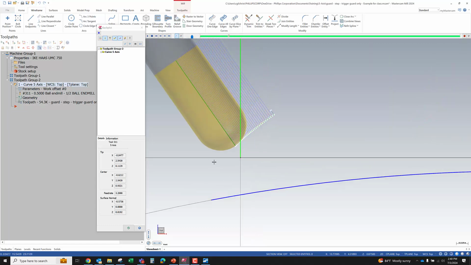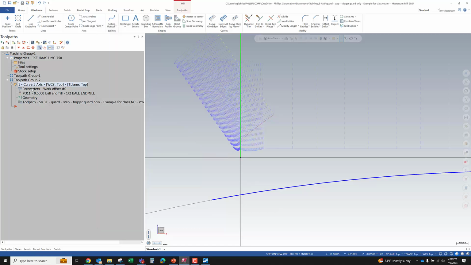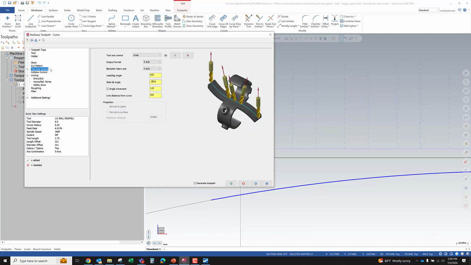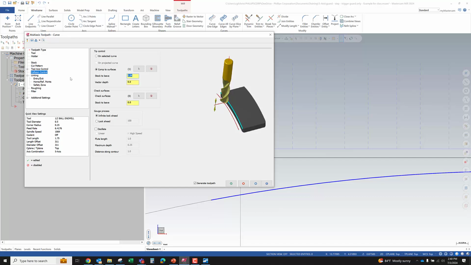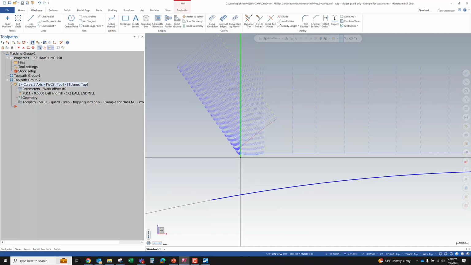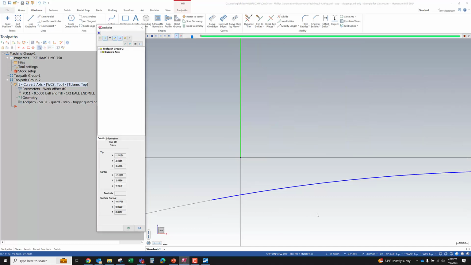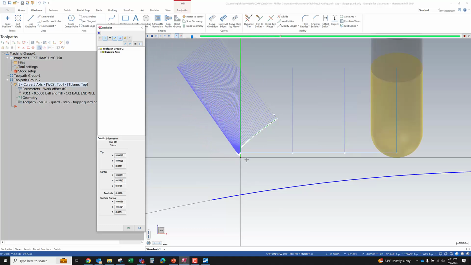So now it drops down. This is that nice flat surface. Oh, we're staying a millimeter up. So let me take out that vector depth just so we can see it. So collision control, vector depth, or stock to leave 0. Why are those vector endpoints still above this flat surface? Well, because it's the tangent point. Now the tangent contact point of the tool stays tangent